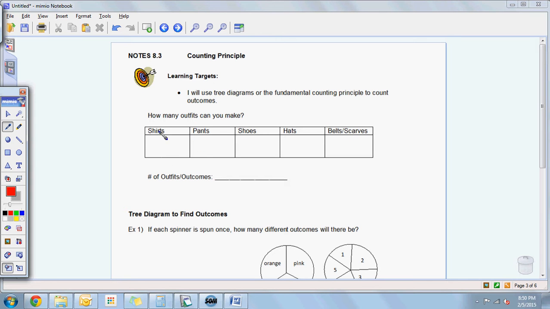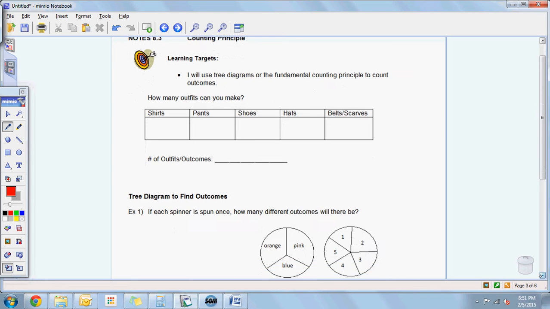So what you're going to do is you're going to figure out how many shirts you have in your closet, how many pants, shoes, hats, and belts or scarves. So write the number you think you have of each of those items, and based on the information, I want you to take a guess on how you could figure out the number of outfits you can make. I'm going to teach you how to do that by the end of the video, but I want you guys to see if you guys can come up with a strategy to figure that out. So pause the video, make your calculations, and then enter your answer,